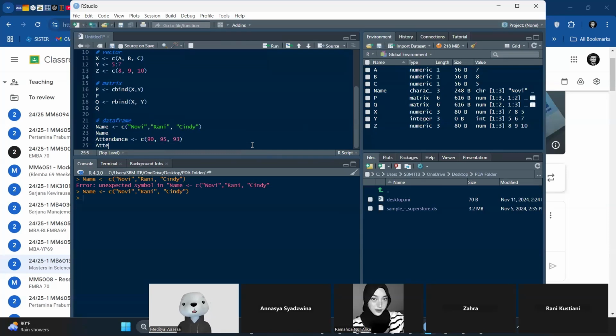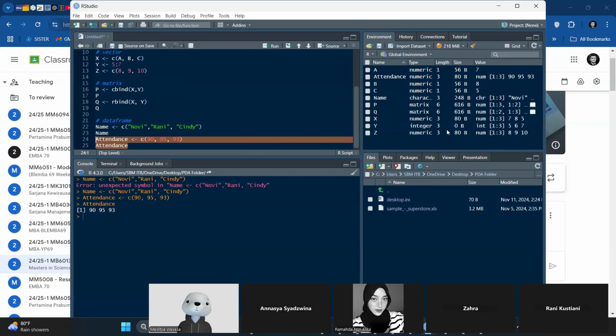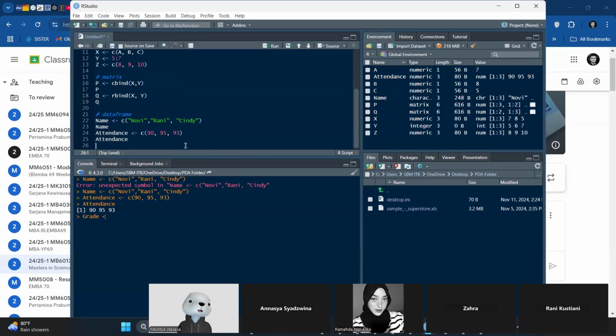So I built a vector called attendance. And then grade. For example, please place it in the source, not the console, because if you type it here, you can save the code.